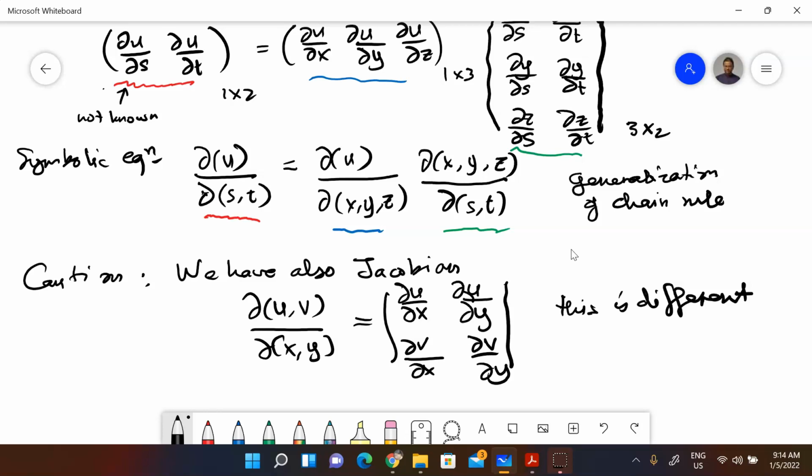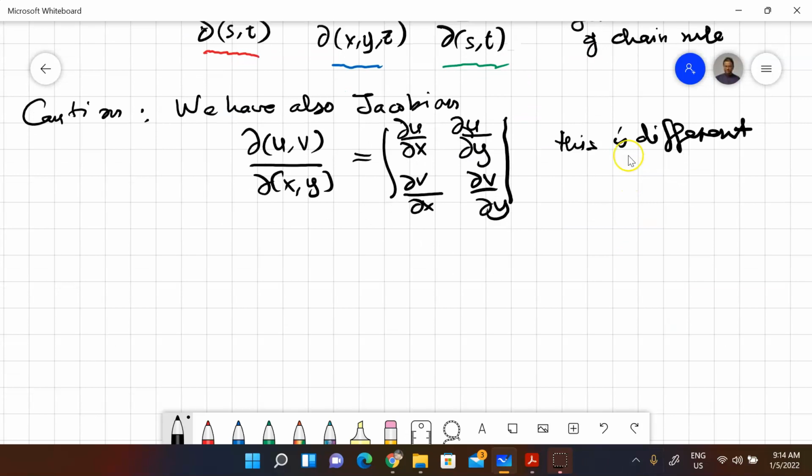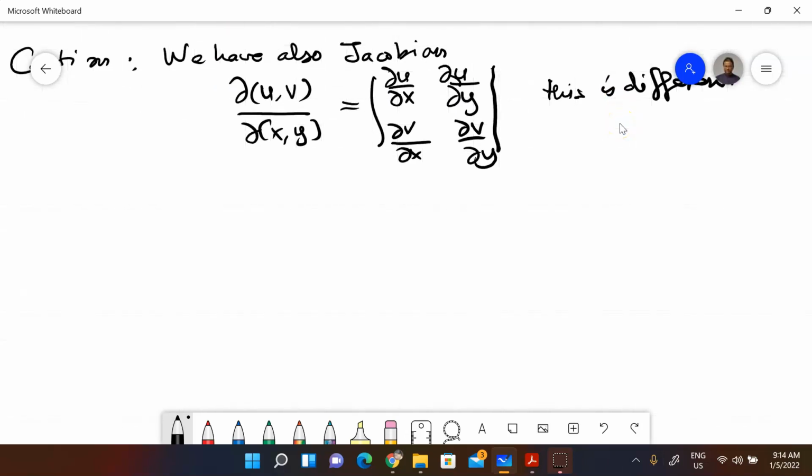Now, you might ask, why are we doing all these things? Let me mention one other example from the book. I'm not going to do all of them. So it's an important note over here. What we have done so far, maybe I just summarize first. Summary: what we did was to use differentials to get